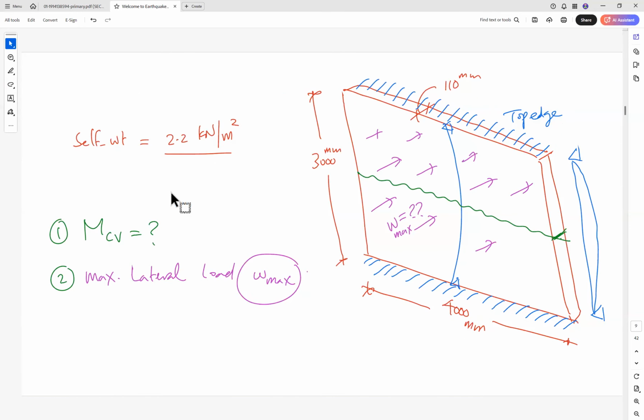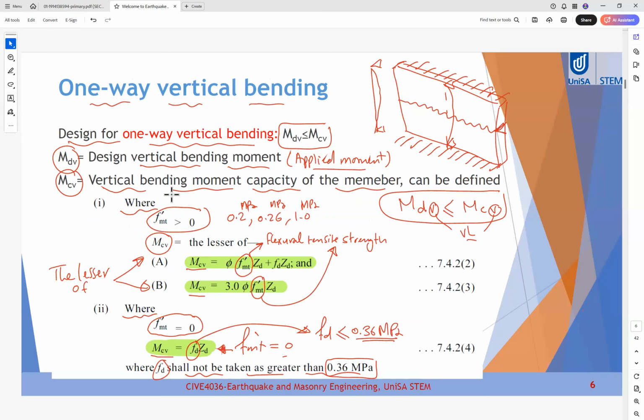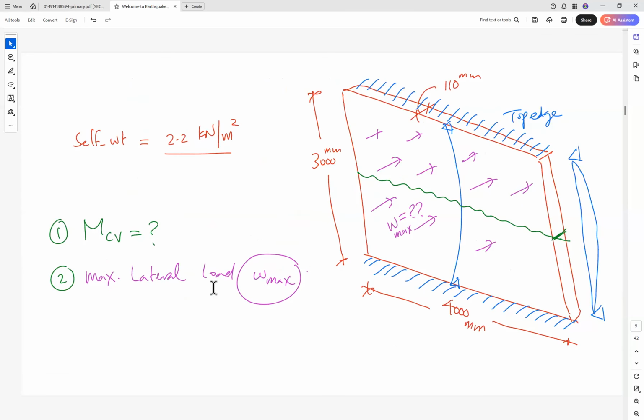So the formula, if we go back here, so this is our formulas. So we have the vertical bending moment. So the capacity MCV is the lesser of these two values. So we need to find the parameter here. So if we go through the calculation now,